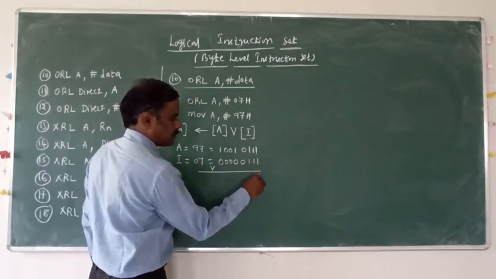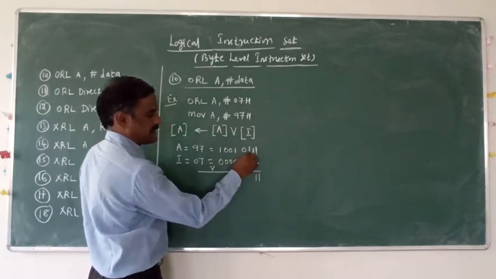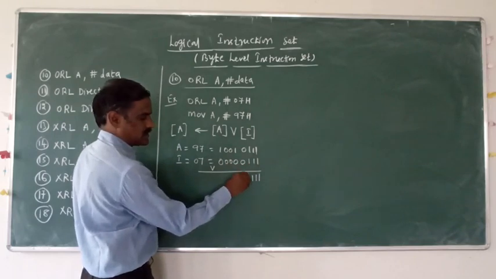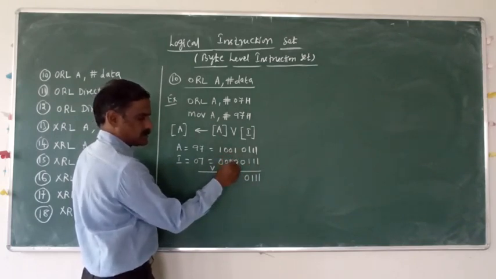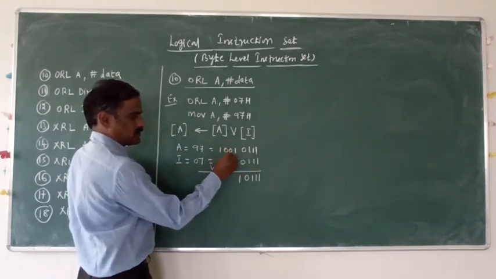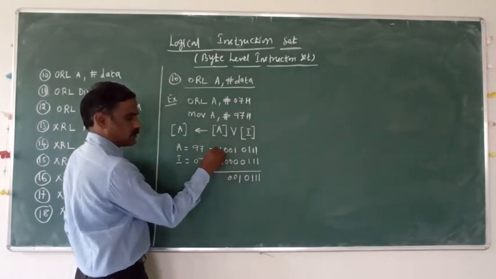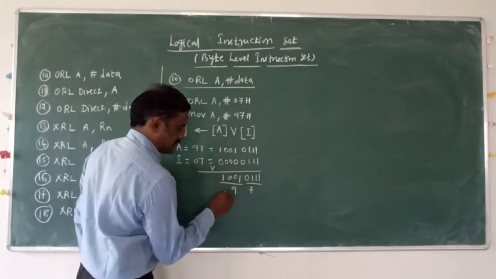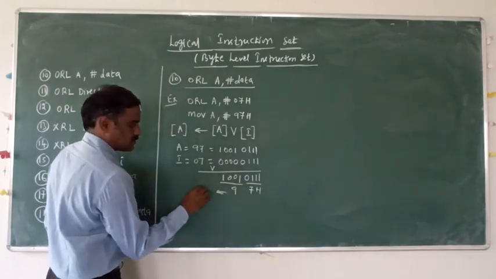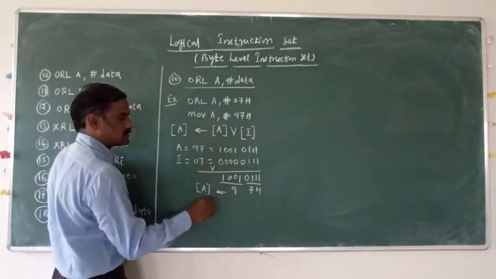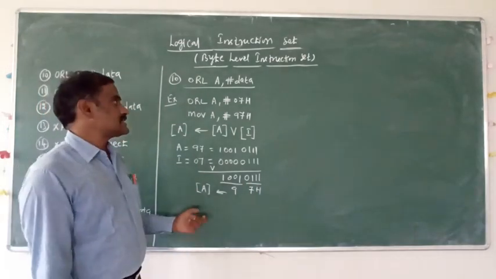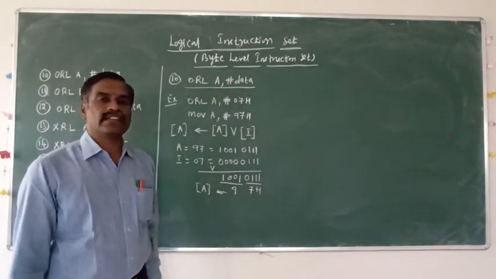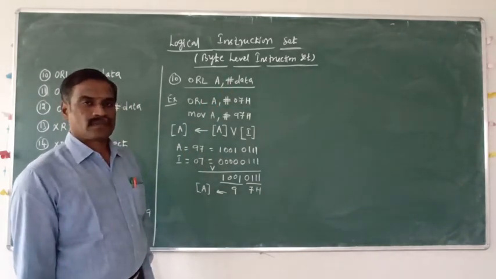Okay. Now logically OR these two data, this is the symbol of logical OR. Both inputs high, output is high. Both inputs 0, output is 0. Any one of the inputs is 1, output is 1. Here both are 0, 0, 0, and here 1, output is 1. Now this is for 9 and this is for 7. So 97 moves to the A register. Okay. This is the logical OR of the accumulator with the immediately given 8-bit data.